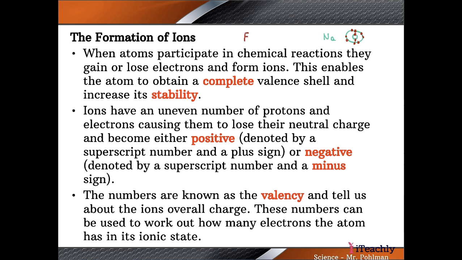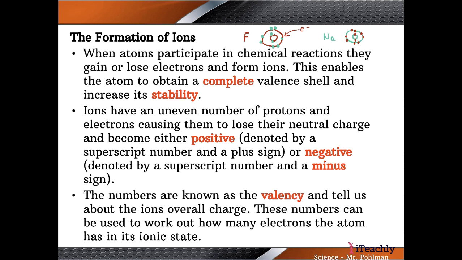fluorine here. Fluorine, you've got something of a Bohr model that would look like this. All right, well, fluorine, it's missing an electron right here. So if this electron right here is added to this, see how it becomes more negative? We have this negative here. That negative gets added to this. So what we form is a negative ion. Okay. Those numbers that we're playing with here, the pluses and the minuses, they're known as the valency of our